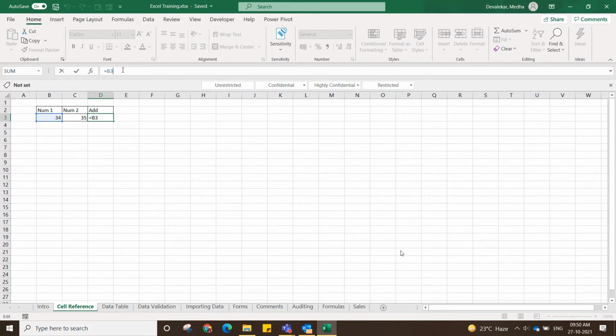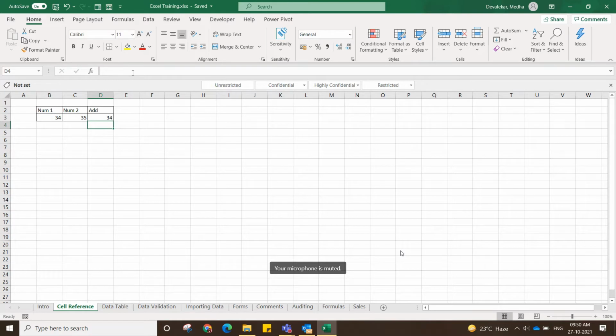Then the next thing is the absolute cell reference. We write it by adding a dollar sign, like $B$3. This is the absolute sign. I'll show you the difference.